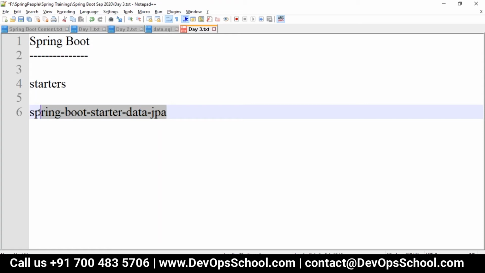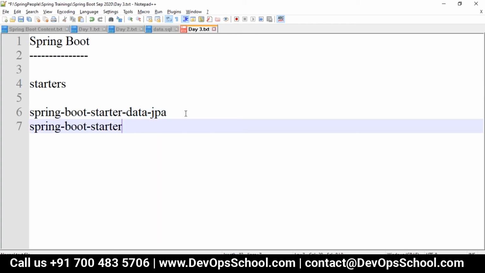All the starters will be available here. We can also include third party starters in our project, so any Spring framework group we can add. This is the one, the Data JPA starter. If you are working with the web, we can add the starter web.